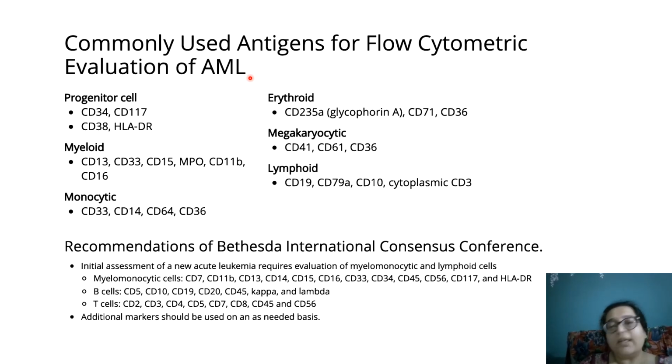See, as I told you, there are tubes in evaluation. So we have progenitor cell markers in one tube. We have the maturity myeloid markers in one tube, the monocytic markers in one tube. We also put other markers and we have 7-8 tubes and all those tubes are run on flow and then each tube's fluorescence is caught, compiled in one single scatter plot. Multiple scatter plots of two markers each are made.